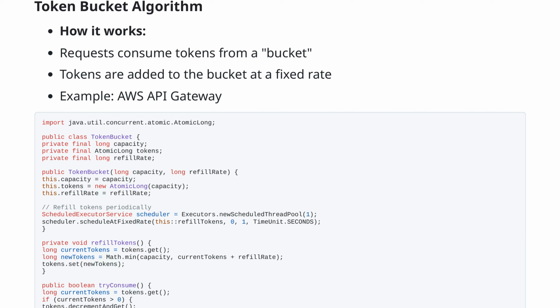Next, we use a scheduled executor service to periodically refill the bucket with tokens. Java, refill tokens periodically: ScheduledExecutorService scheduler = Executors.newScheduledThreadPool(1); scheduler.scheduleAtFixedRate(this::refillTokens, 0, 1, TimeUnit.SECONDS). The refill tokens method ensures that the bucket is refilled up to its capacity at the specified rate. Java: private void refillTokens() { long currentTokens = tokens.get(); long newTokens = Math.min(capacity, currentTokens + refillRate); tokens.set(newTokens);